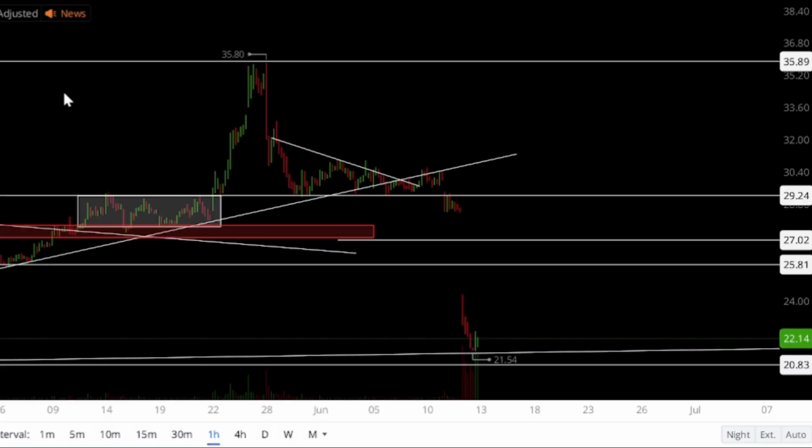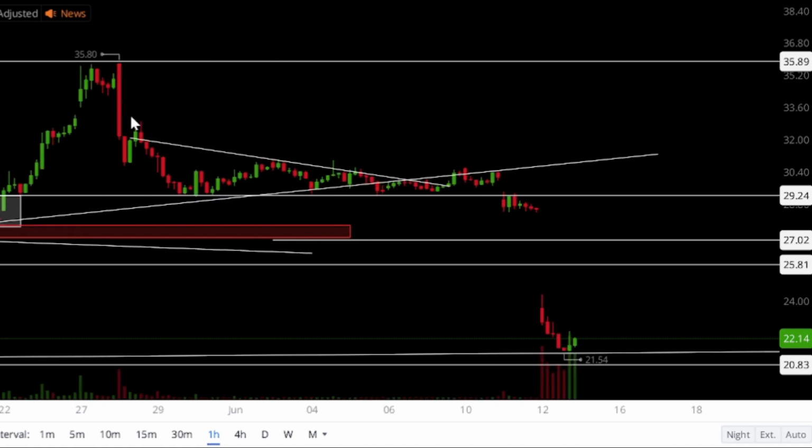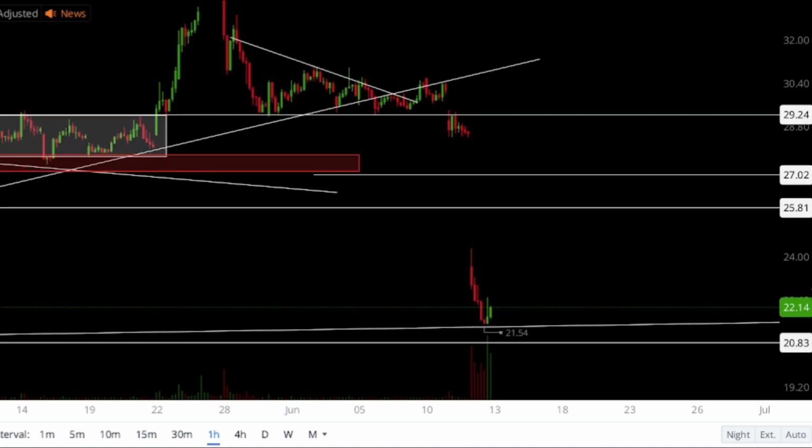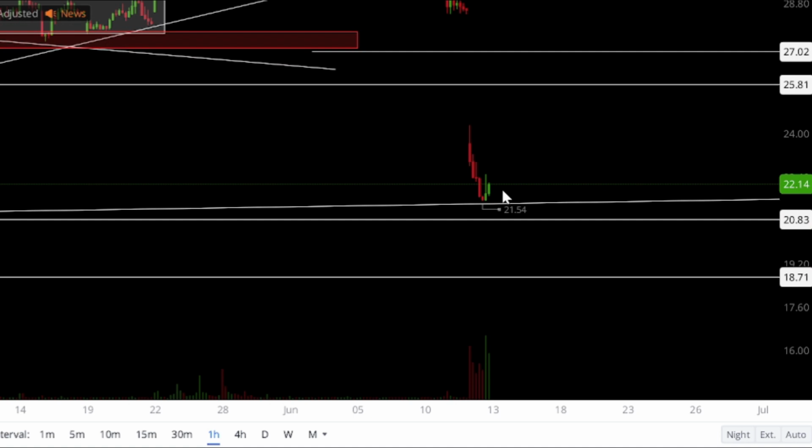So guys, on the hourly, you see that initial run up and correction, getting tight in that range that we saw right in that pennant type of pattern, getting tight, tight, tight. Then price has to make a decision, trying to reclaim that ascending support, ultimately go down under that ascending support as well as under that 29.24 level. And then we see that drastic gap down and sell off all the way to this 22.14 price,